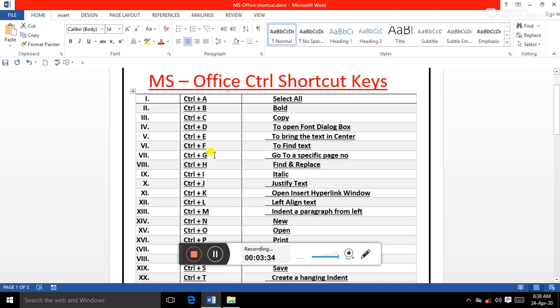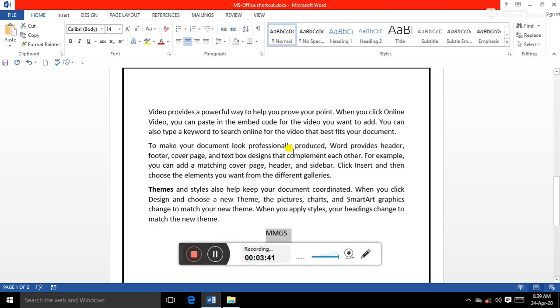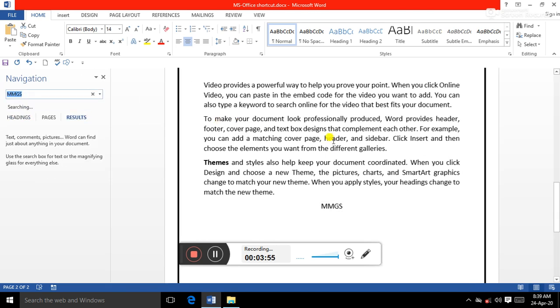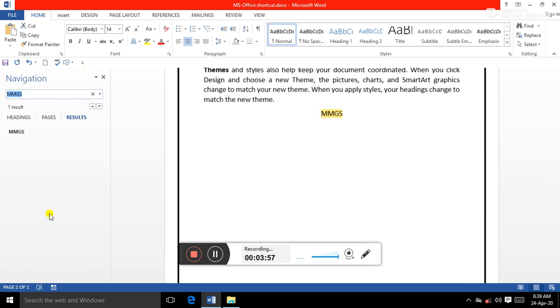Then next very useful command, that is Ctrl plus F. It means to find the text. Suppose in a very large document where more than 100 pages are included and I want to find a particular word. I have to press Ctrl plus F. A navigation pane will open on the left and you can find any word.